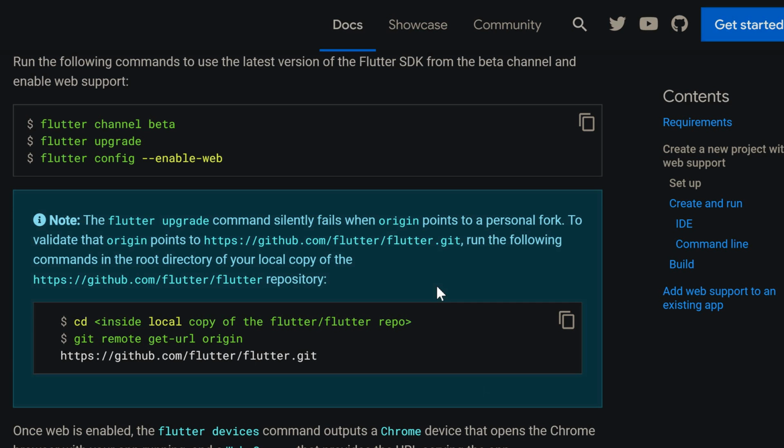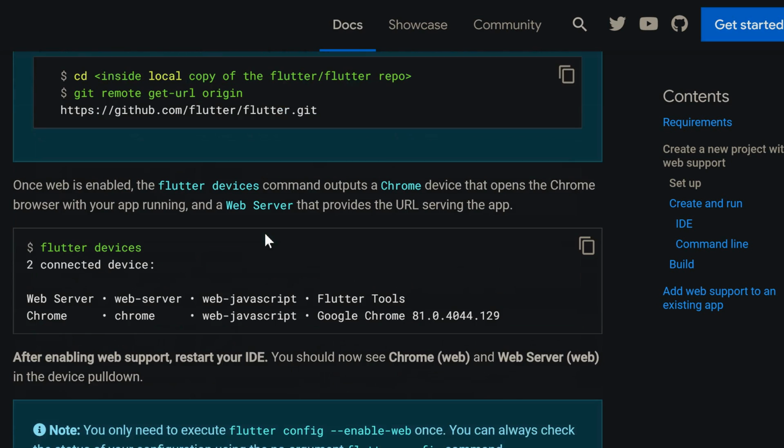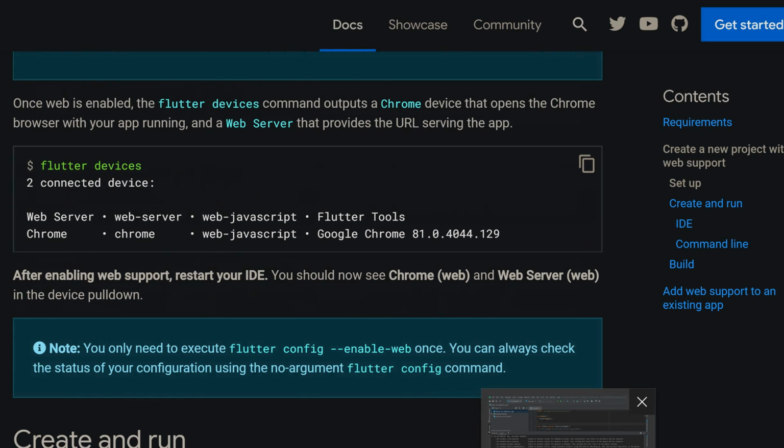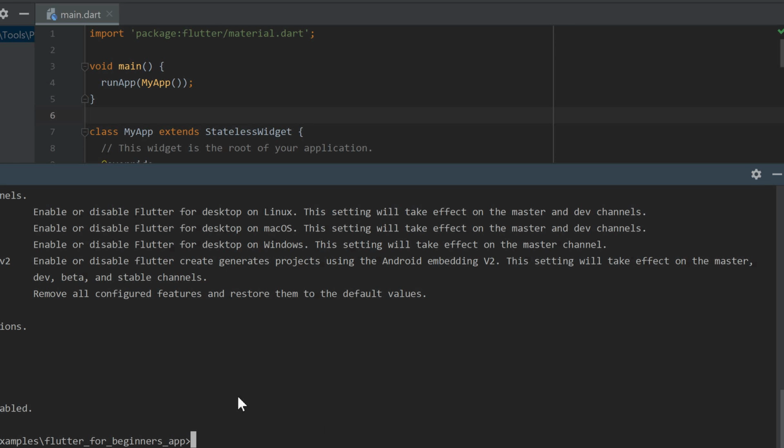The documentation, it wants you to check for that. It also mentions here that if some individuals have a local copy of the Flutter repo, you're going to encounter some issues with the Flutter upgrade. You won't actually upgrade the proper location, so you'll have to deal with that. In my case now, because I am now web enabled, as they call it,